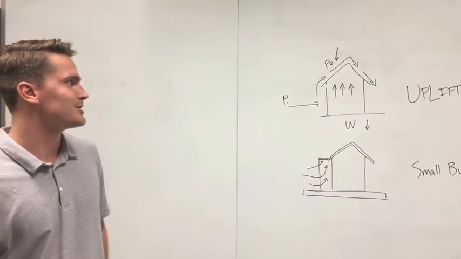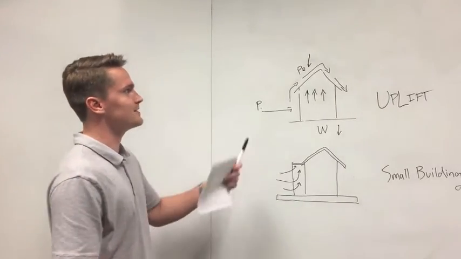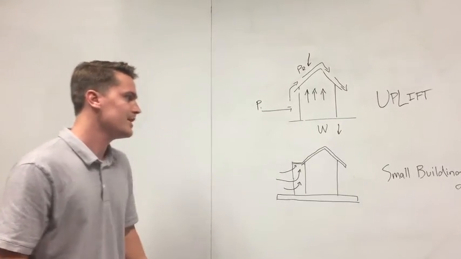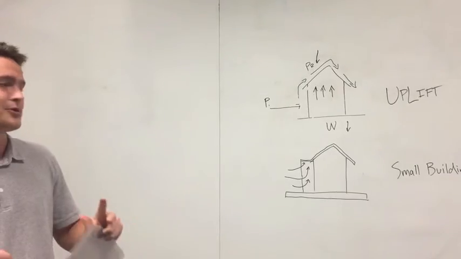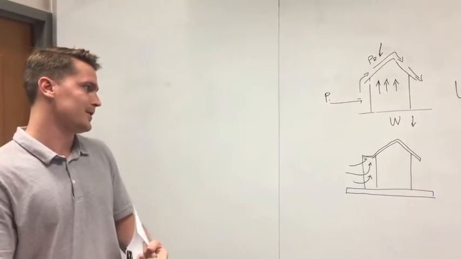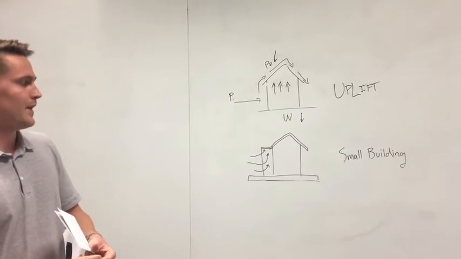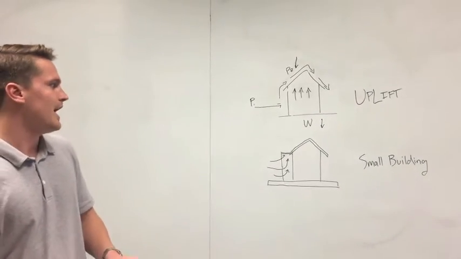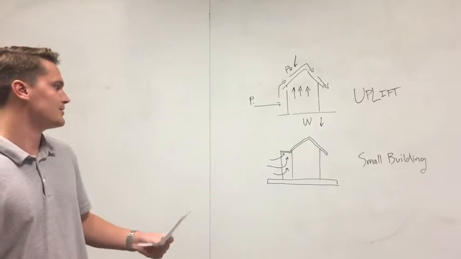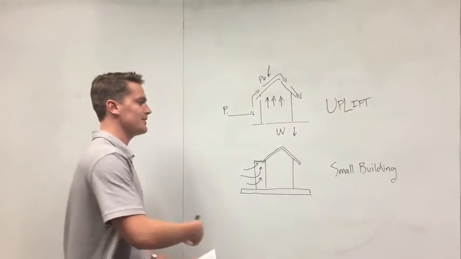Uplift is when the pressure on the inside of the building exceeds the pressure on the outside of the building. Small structures are more susceptible to this. One, because of surface area. Two, lightness. Three, their foundation does not reach as far, and they have external structures that trap wind more easily,